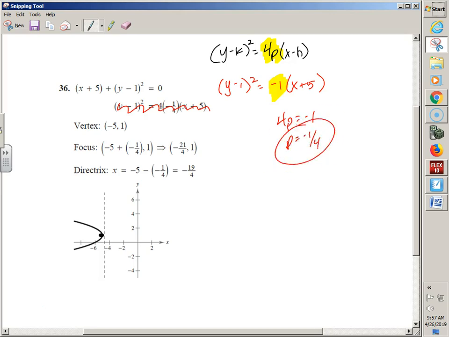And then I would have gotten my vertex of, well, you guys can see it down there, but x minus h, so a -5, y minus k, so a 1. And I would have graphed. Now, the problem is they use like a computer program or a computer grapher to graph this, and so it's super